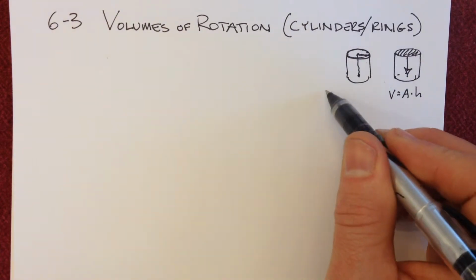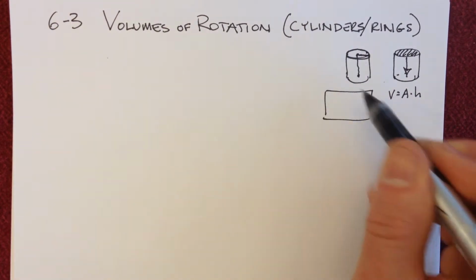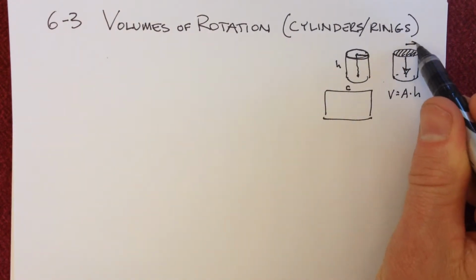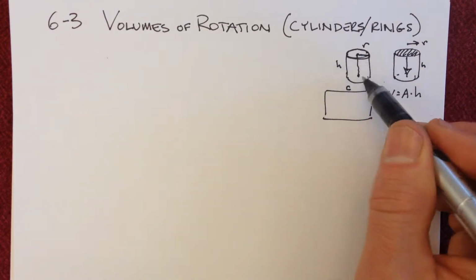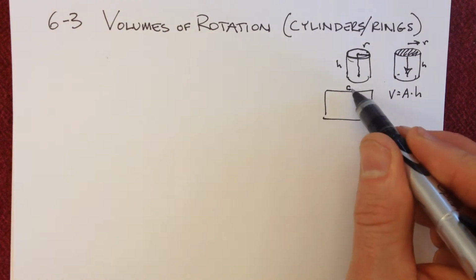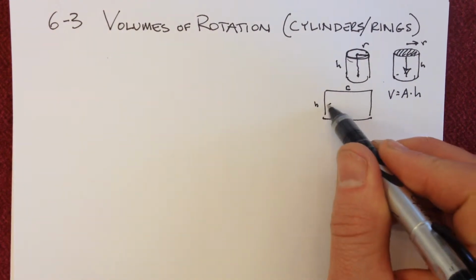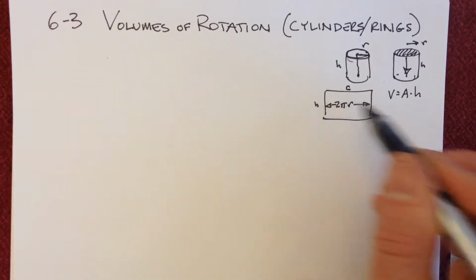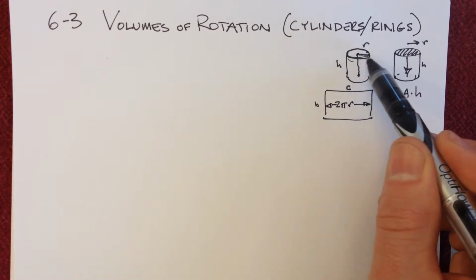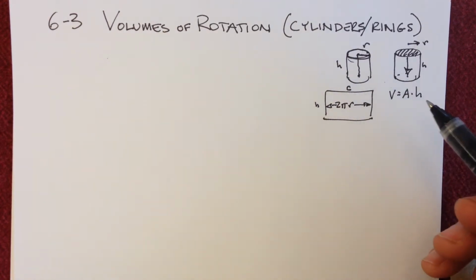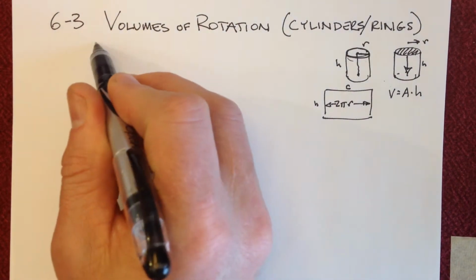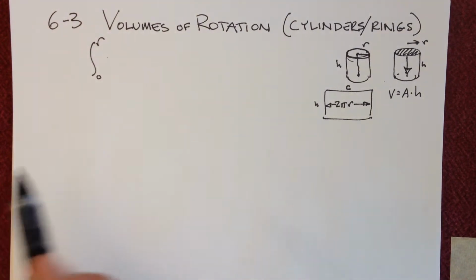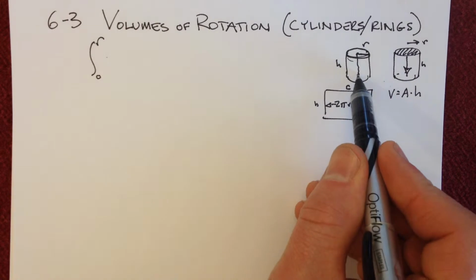If we open it up, it would be a surface like this that would have a circumference and also a height. There's our height and there's our radius. Now we've got our radius and our height, but we've opened up this outer ring, and there's our circumference, that's still the height. That distance there is going to be 2 times pi times the radius of a circumference. And we're going to let that ring contract and basically squeeze out the volume. So to do that, we're going to integrate from 0 to r,